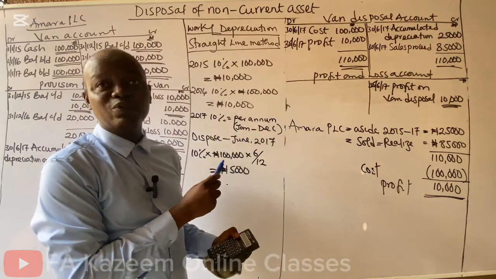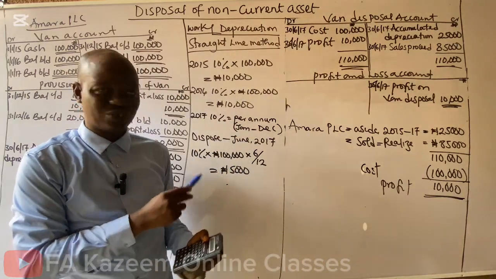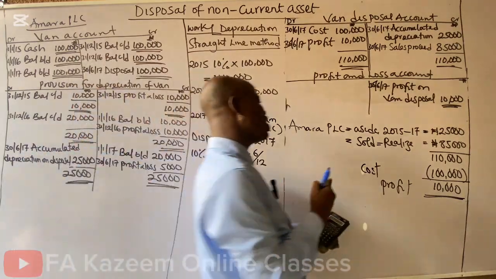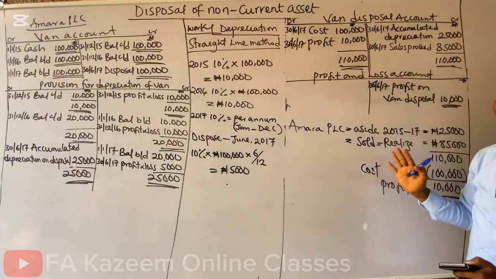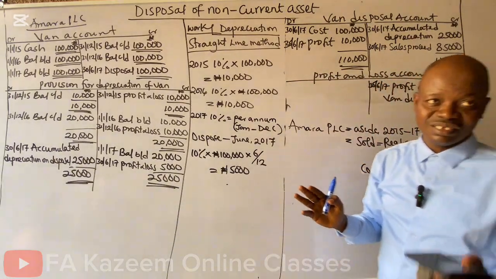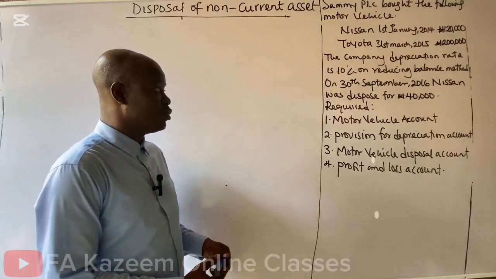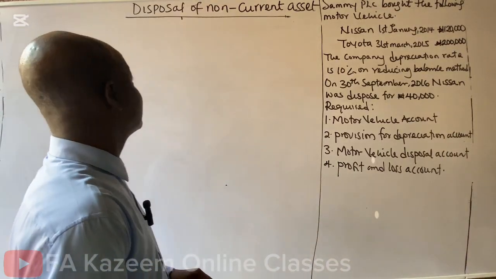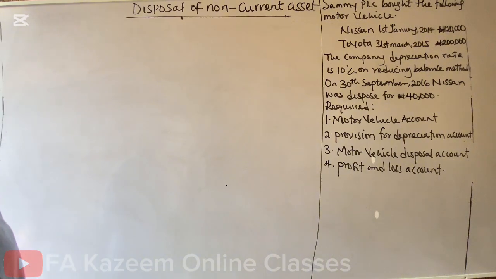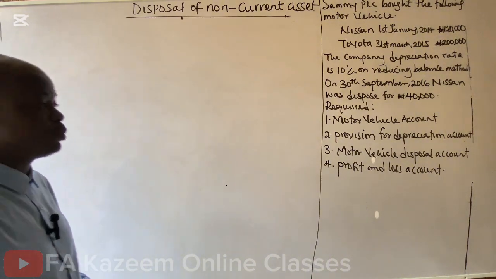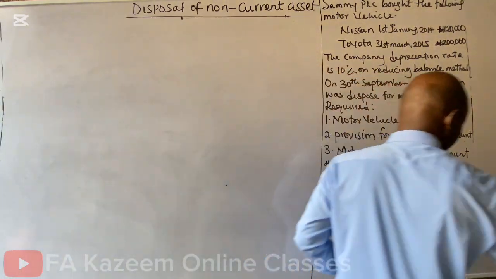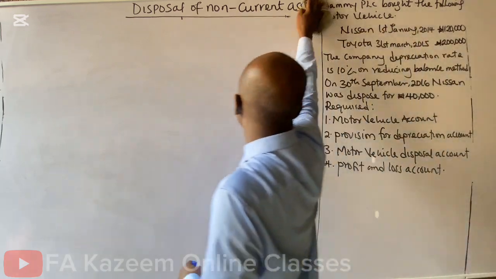Now, we have come to the end of this illustration, where it has to do with only one asset. Well, we have another illustration on disposal of non-current assets, and this will be a very comprehensive illustration. Let's look at the illustration